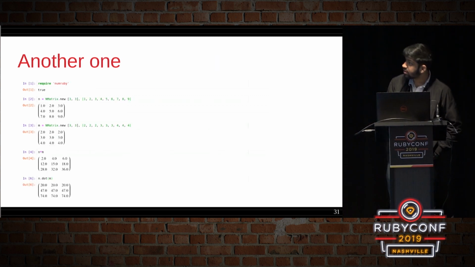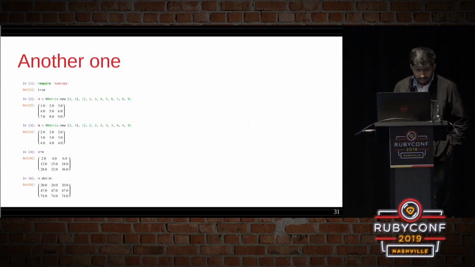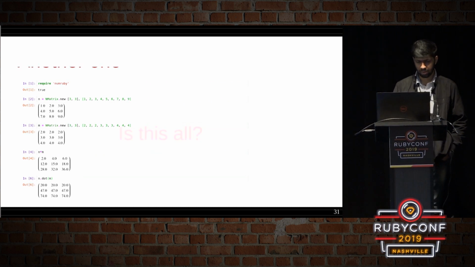Here's another example. In this case, you first define one matrix and then another matrix m. The first one, n into m, is the pairwise product. It'll do an element-wise product of each element. And then suppose you want to perform the dot product, then you can write n dot dot m. It'll give you the dot product of the two matrices.